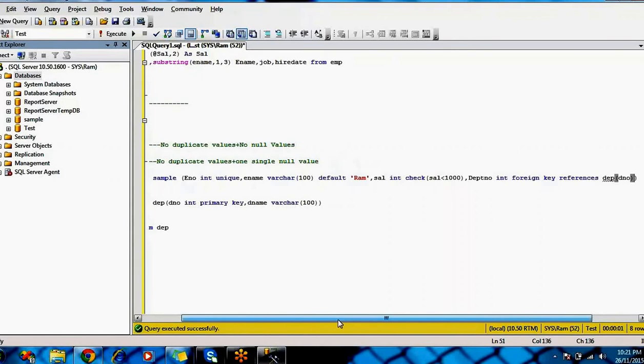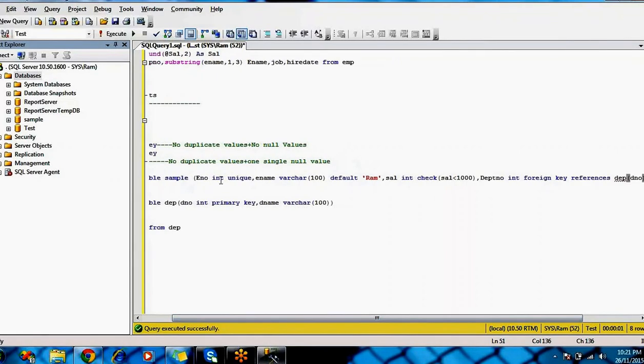In this sample table, one of the columns, the department number column, refers to the primary key column of another table, that is the DEP table. Got it? It is referring to the primary key column of another table. Here it is a foreign key. This is the foreign key column.